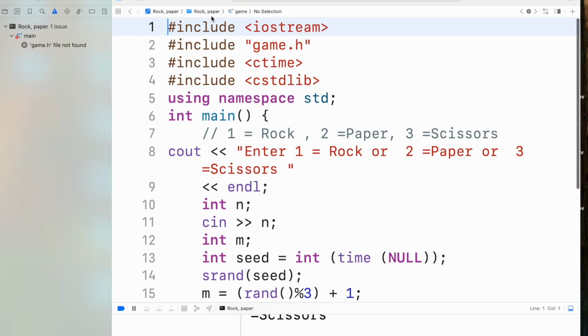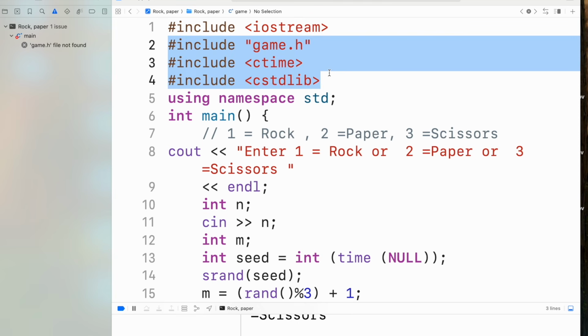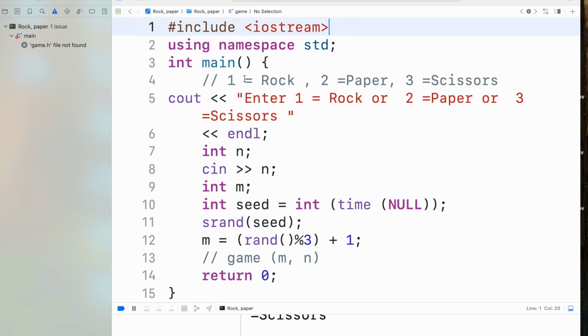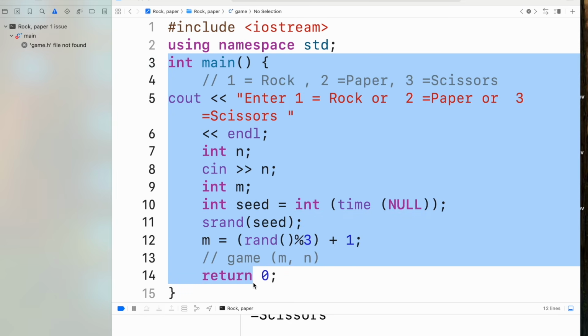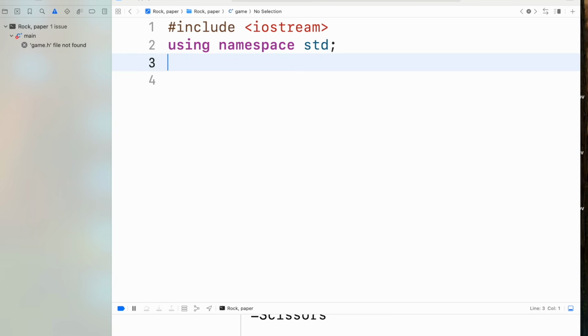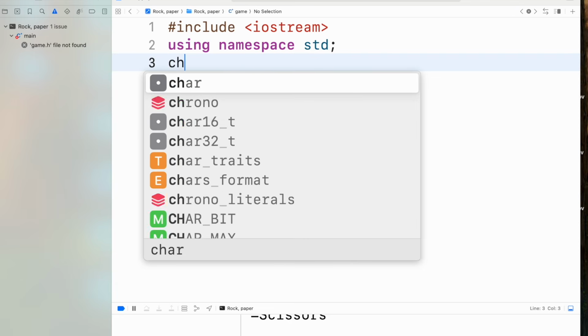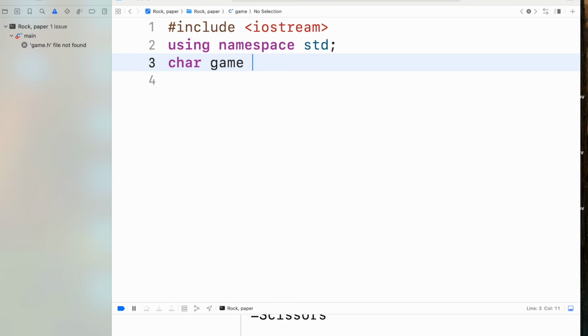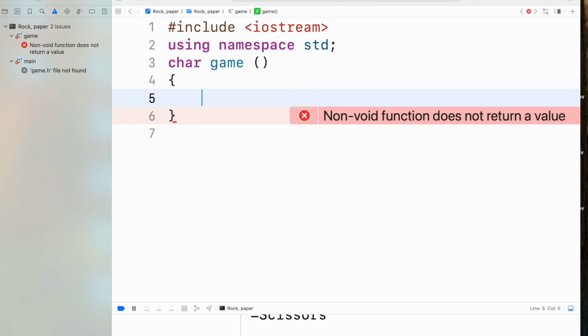So now in the file game cpp, we are going to define our function, which is a character value function. So I just need to delete all of these, and we define exactly the same as what is written in the header file. So game,